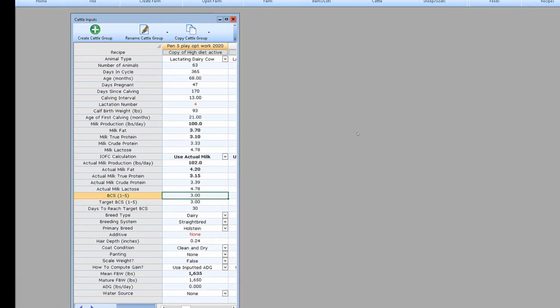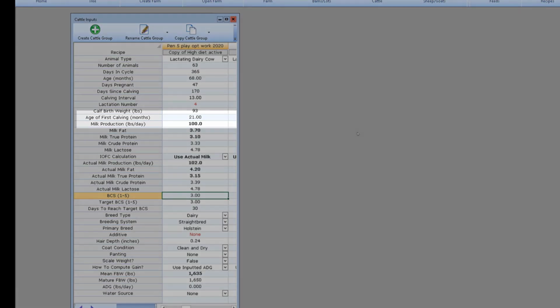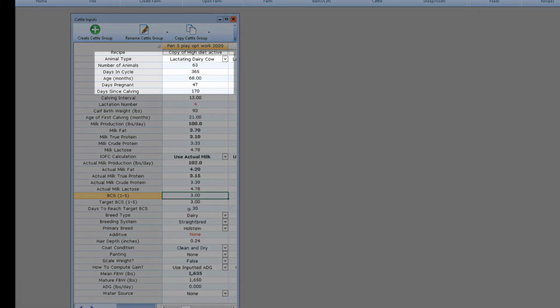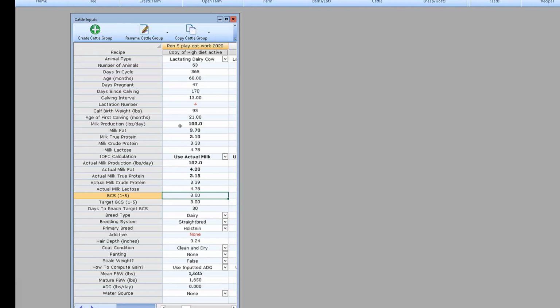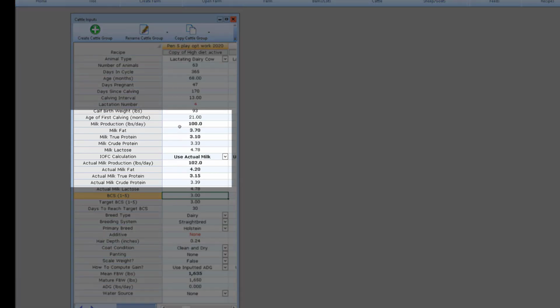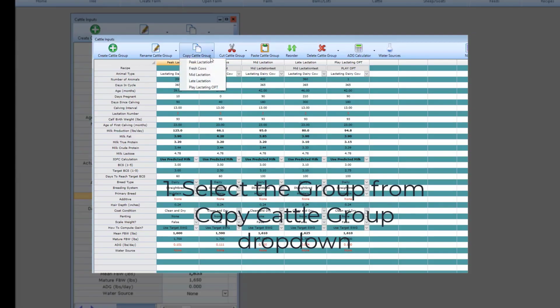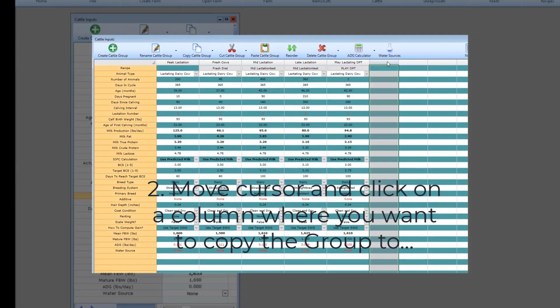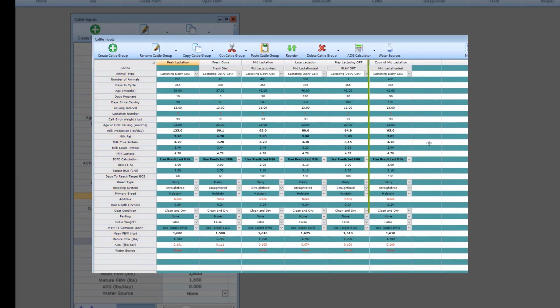So this group of cows that we're going to work with is formulated for around 100 pounds of milk. You can see the animal inputs here. It's a mature group, so we don't have any average daily gain or anything, but decent components. And this is a copy of a real group. To play with some of these optimizations, I'll make a copy of a group and call it a play group to do some of these what if scenarios.